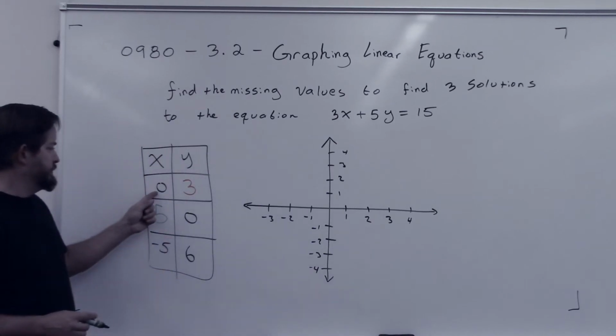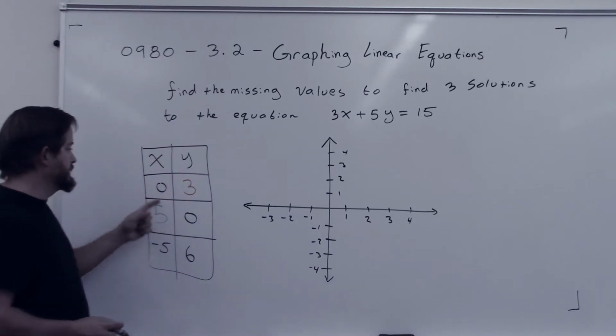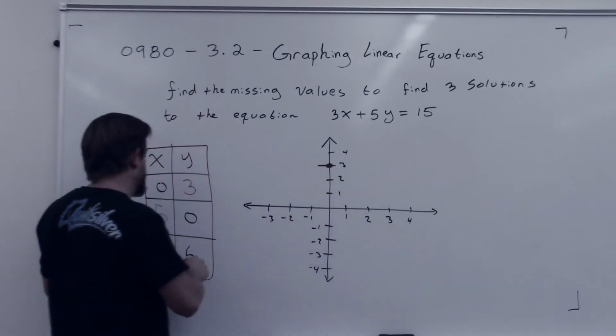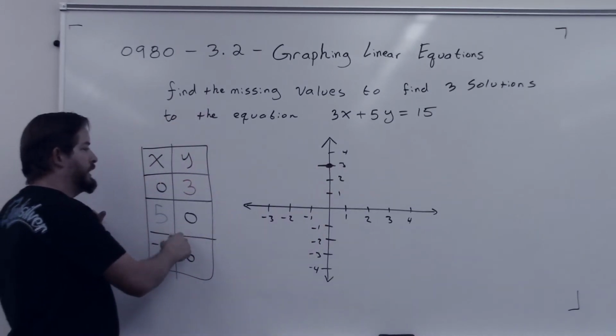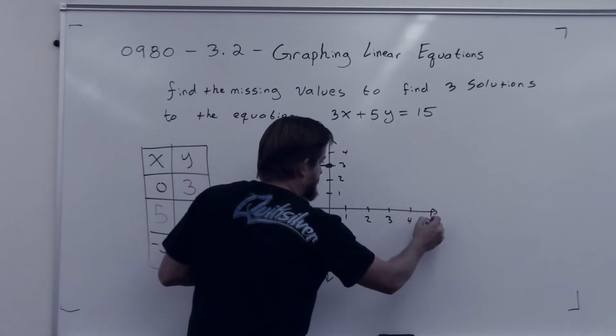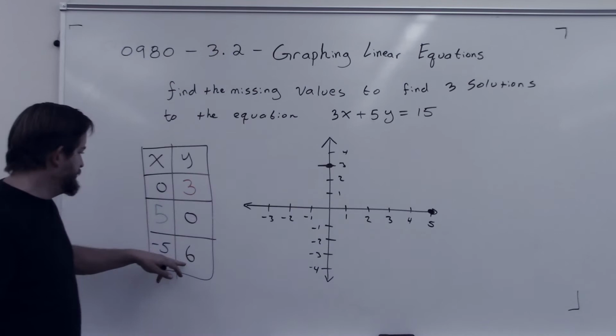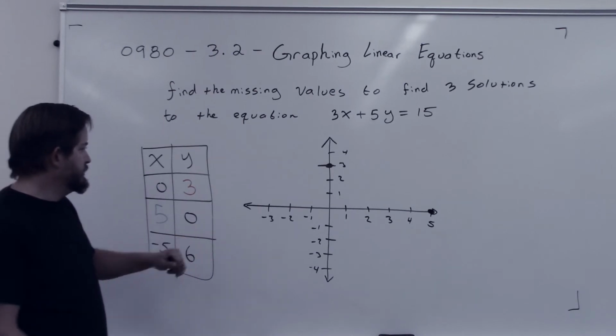I have a point at 0, 3. So x is 0, y is 3, that's right here. X is 5, y is 0, that's over here, say at 5. And this other point, negative 5, 6, would be